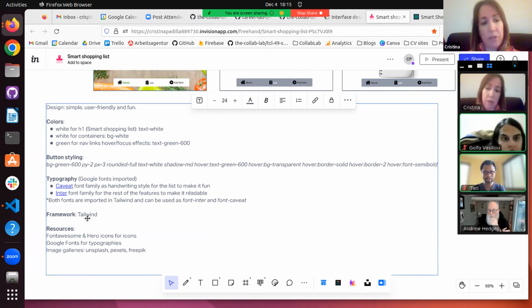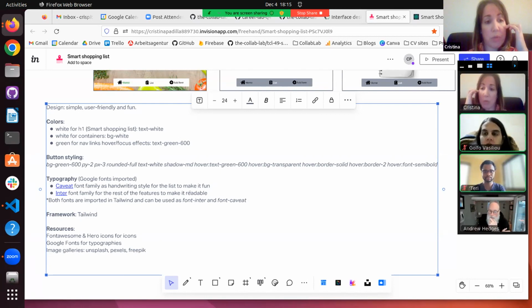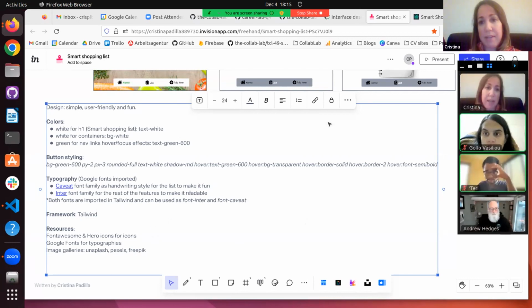Also during our first meeting, we decided to go for a framework, and we all agreed on Tailwind, which personally I found really cool because I don't have experience with Tailwind. I work more often with Bootstrap, so it was a learning for me. And we agreed on some of these things, and in the end,